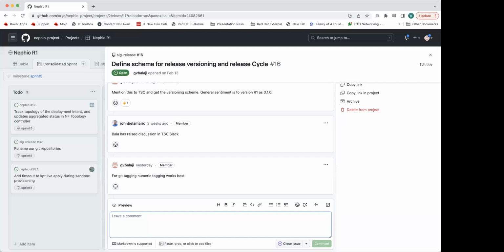So when we asked in the TSC meeting, Kandan has an action item. He's going to ask the TSC and come back to us at Thursday's meeting about what the version should be. At the same time, we asked him that we may have to have some tagging mechanism for GitHub, etc., and he said for that one, give us the guidance. From the overall release versioning and product perspective, the TSC will give us guidance based on the input that we've already given them.